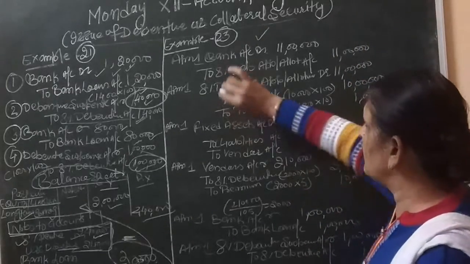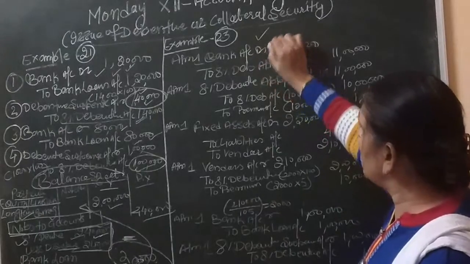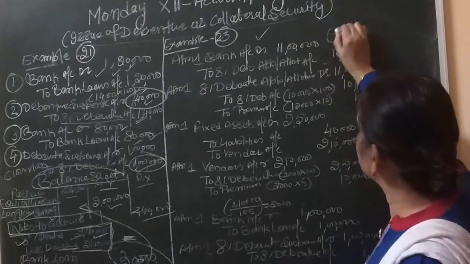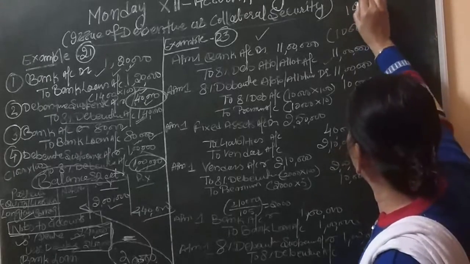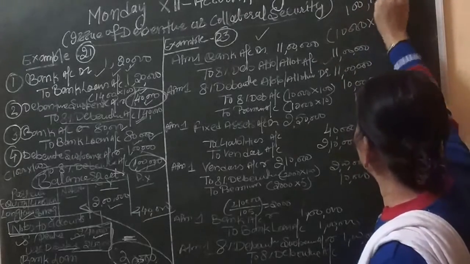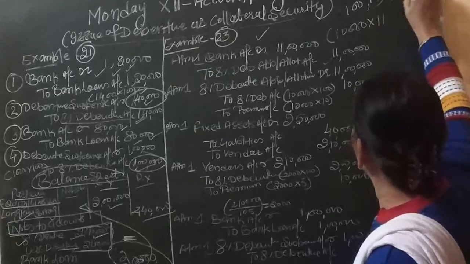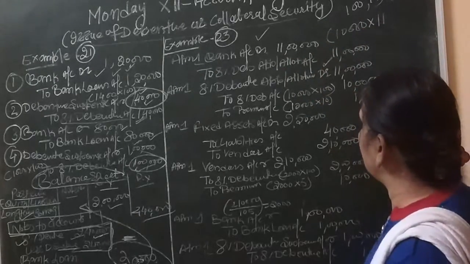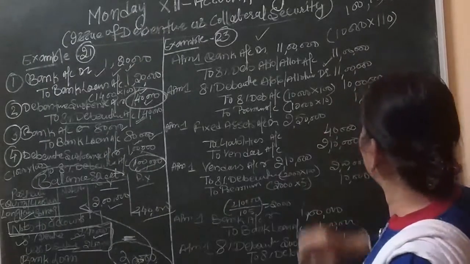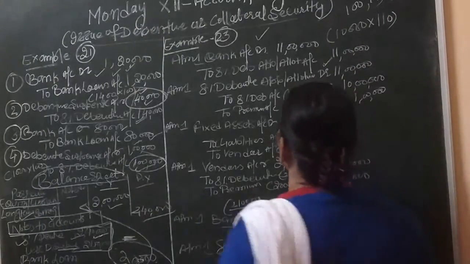So on April 1, the first entry will be bank account debit to 8% debentures account. Company issued 10,000 debentures and the face value of the debenture is 100 plus 10 rupees is the premium. So the total value is 110. So bank account debit to 8% debenture application and allotment account, 10,000 multiplied by 110, 11 lakh, the entry